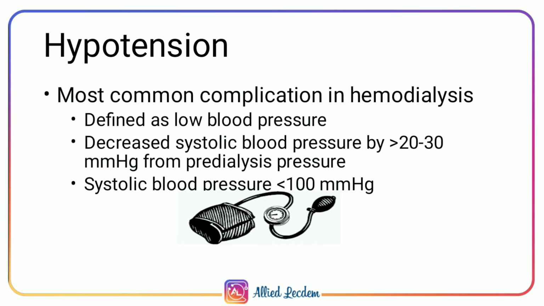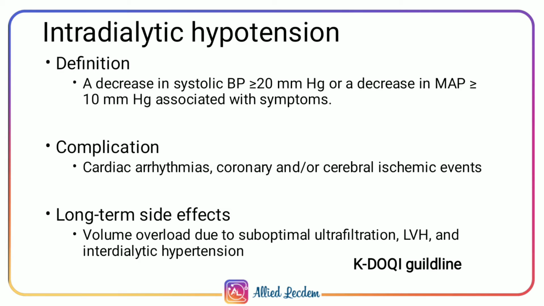Hypotension. The most common complication in hemodialysis is hypotension. It is defined as low blood pressure: a decrease in systolic blood pressure by greater than 20 to 30 mmHg from pre-dialysis pressure, or systolic blood pressure below 100 mmHg. Intradialytic hypotension is defined as a decrease in systolic blood pressure that is greater than or equal to 20 mmHg, or a decrease in mean arterial pressure that is greater than or equal to 10 mmHg associated